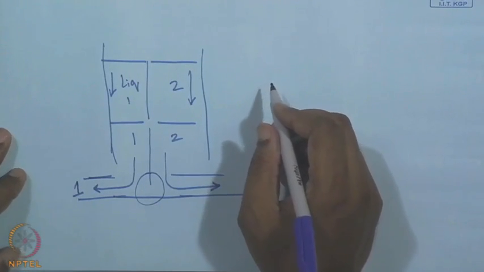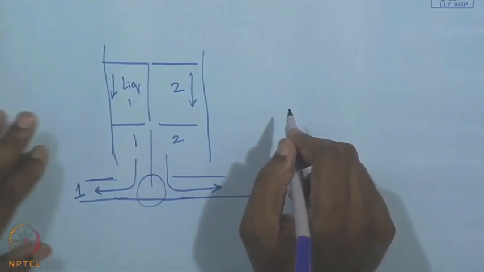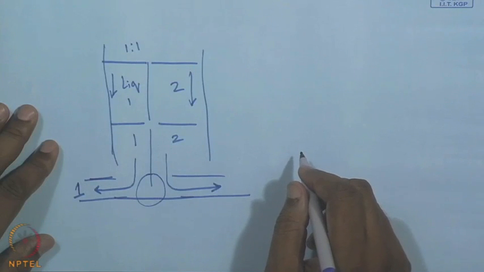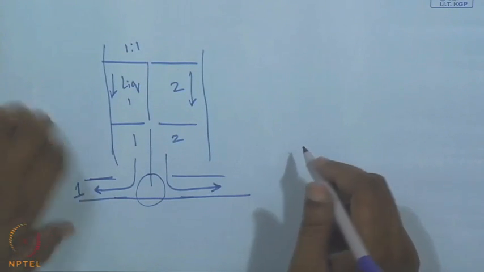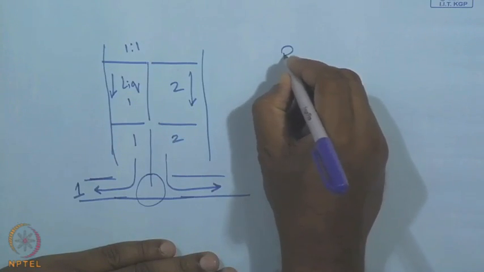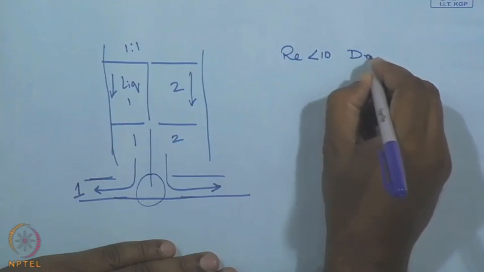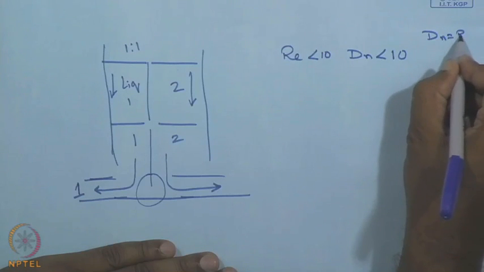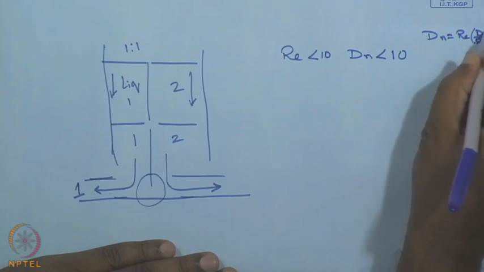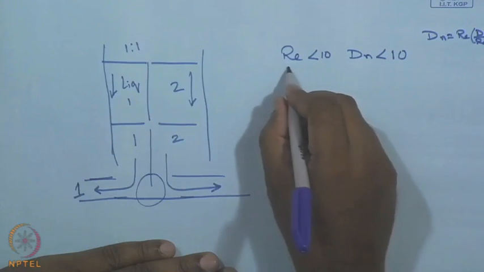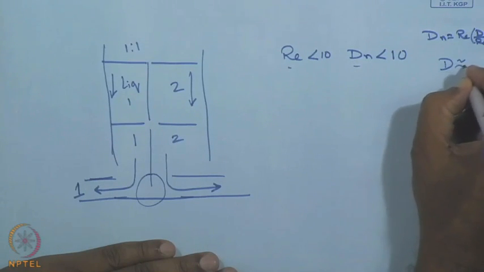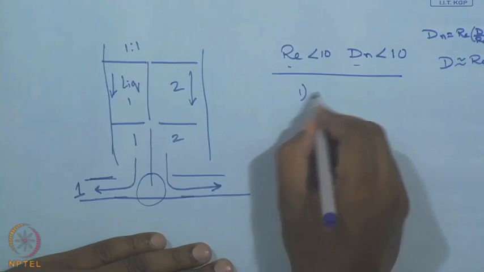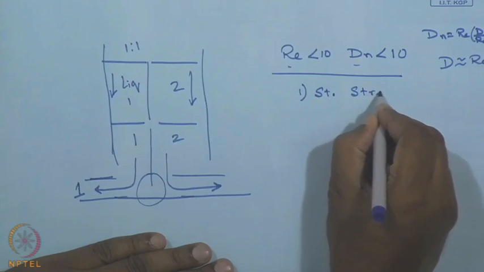And this happens, the classification of the flow patterns, these are 1:1 mixtures of two fluids. The CFD simulations and visualizations simply tell us that for Reynolds number less than 10 and Dean number less than 10, where Dean number is defined as Reynolds times (D by Rc) to the power half, this simply tells us that when both are of the same order, then D is roughly equal to Rc, and if this condition is satisfied, then we have straight streamline flow